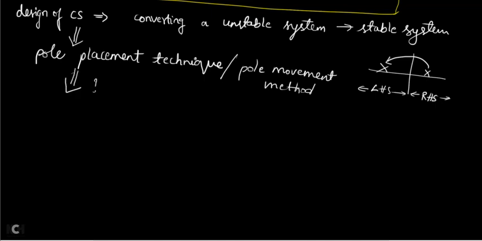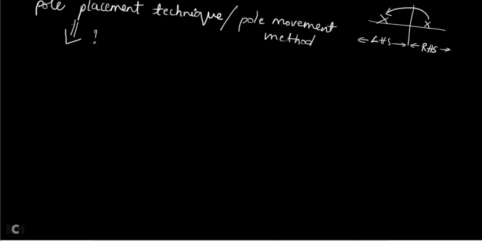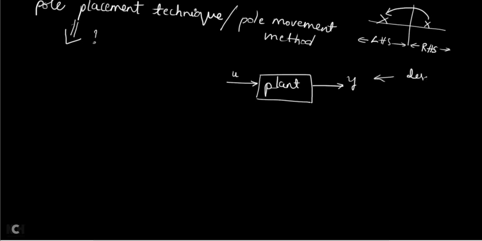So how to do this pole placement technique? To understand that, let us take one example. Assume that you have a plant. Plant indicates it is a system, and this system takes the input signal U and provides a desired output Y. Whatever output you want, you will be knowing, I want this type of output from the plant. That is your Y, the output of the plant, and U is the input of the plant.